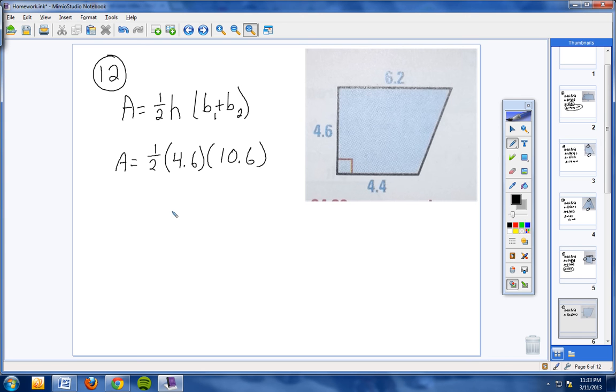6.2 plus 4.4. And then I always save my fraction for last, so I'm going to write 1/2 right here. And I'm going to multiply 4.6 times 10.6. And if you do that correctly, you should get, let's see,